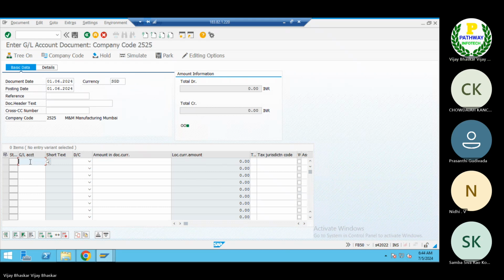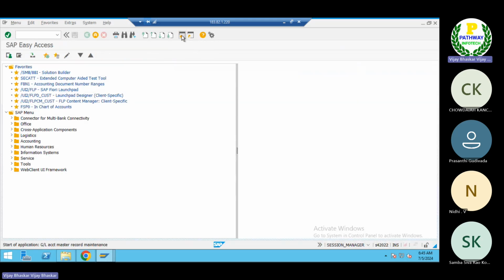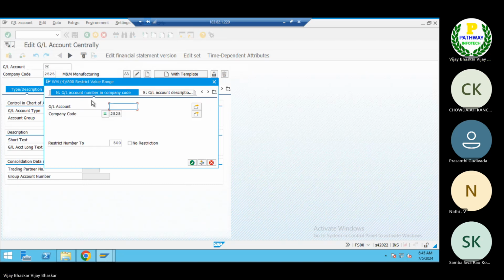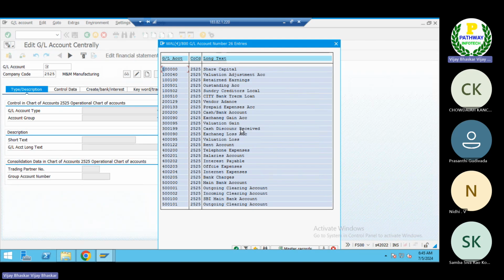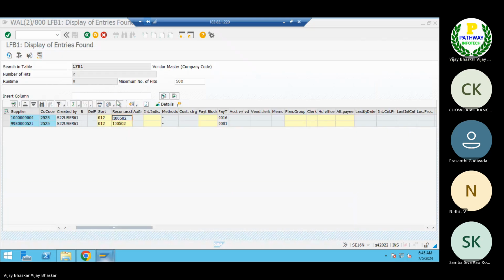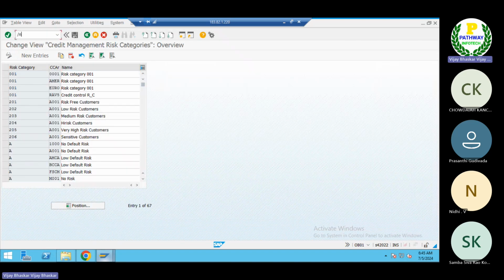So now the GL account. Let me enter here, then let's go to the GLs which we have created. Let us have a look at which GL account to be used here. As you remember, we have mapped the GL account BA1.